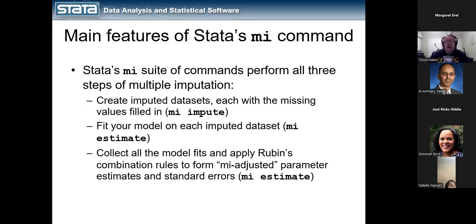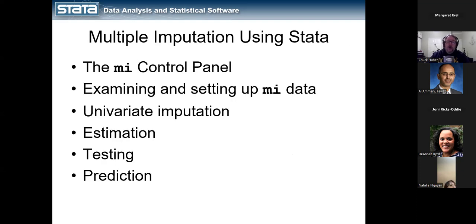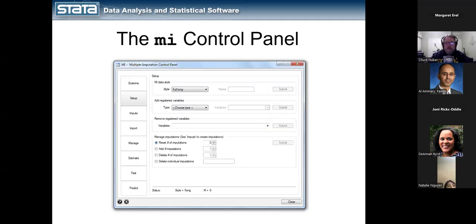So, okay, this is surprisingly easy to do in Stata. There's a suite of commands that begin with mi for multiple imputation. One of them is called mi impute, one of them is called mi estimate, and then there are some others. If you're worried and thinking, oh, how am I going to get through all of this? Let's just jump ahead to the control panel. It's like a super dialog box, a big control panel with buttons on the left-hand side,